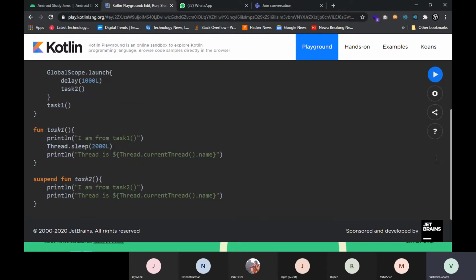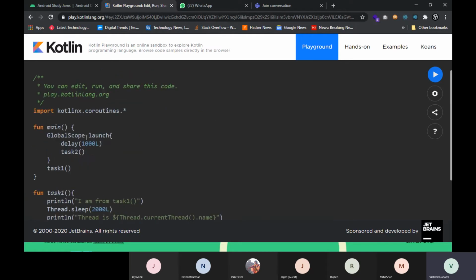The basic idea of Kotlin coroutines is that whenever you want to fetch any network data, or let's say fetch data from APIs, you can easily use coroutines for that, and it won't slow down your application. Instead it will boost your application. And it is not like you have to use them only for network calls.